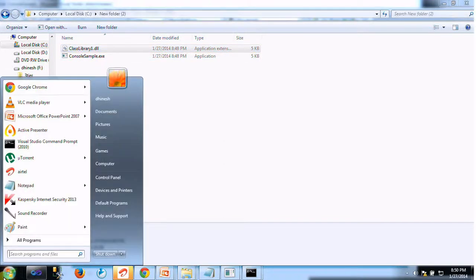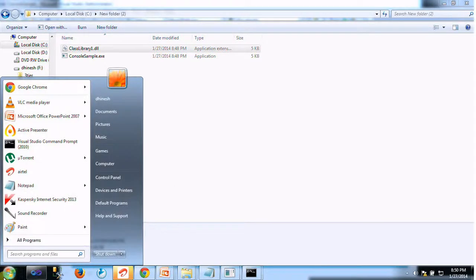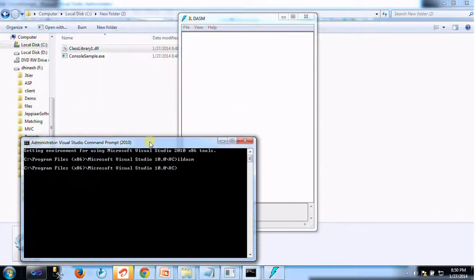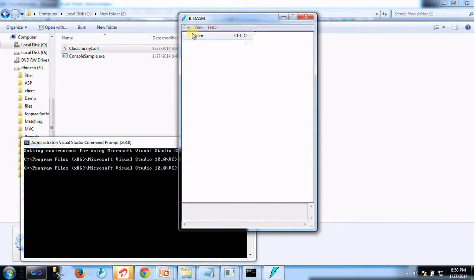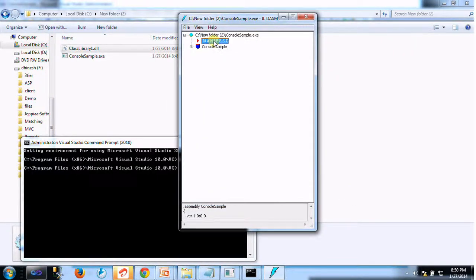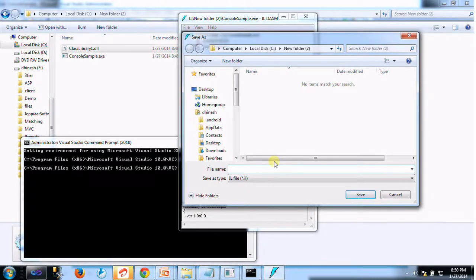Okay, let's quickly open ILDASM. Windows ILDASM, click OK, and open new folder 2, console sample, and open it in notepad, hello.il.